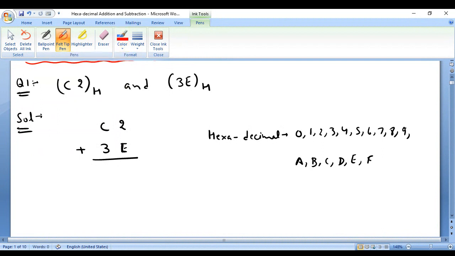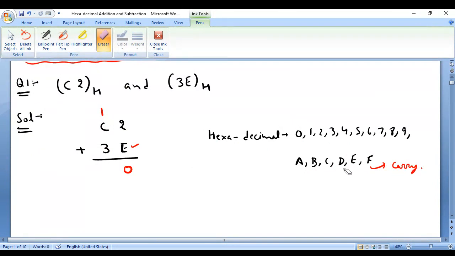Whenever the hexadecimal numbers complete one round, from 0 up to F, after completing one complete round, after F there will be a carry. Okay, so now according to this question we will see. E is given, and in that you have to add 2. So F is the first number and 0 will be the second number. If you add 2 to E, ultimately you will get 0 as the answer, and carry will be 1. And now 1 plus 3 will be 4, and in that you have to add C. Okay, so let's try to find the answer.